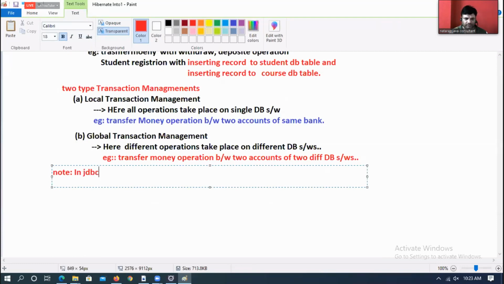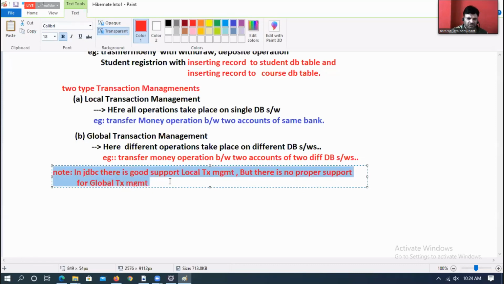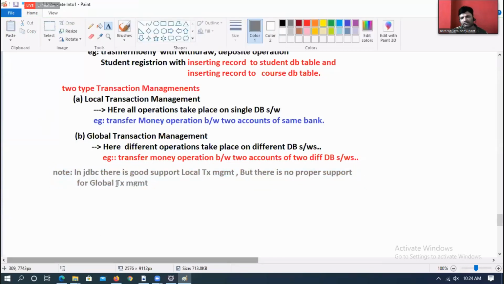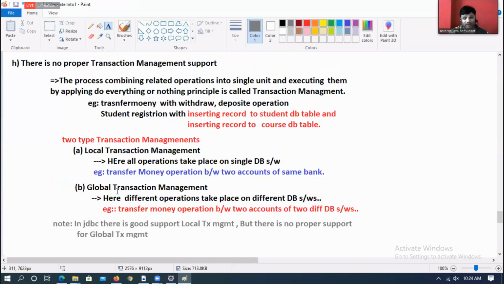In JDBC, there is good support for local transaction management, but there is no proper support for global transaction management. We may bring the effect, but not perfectly. So this is the problem.